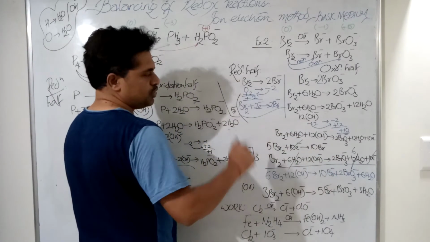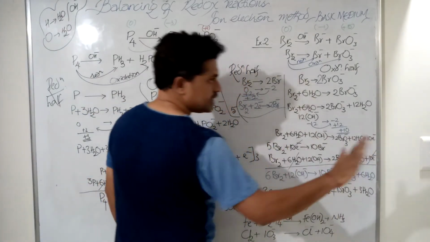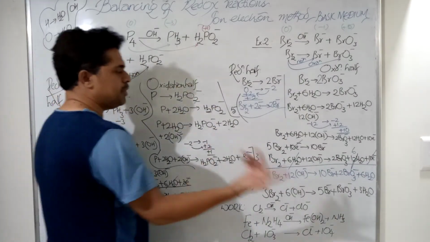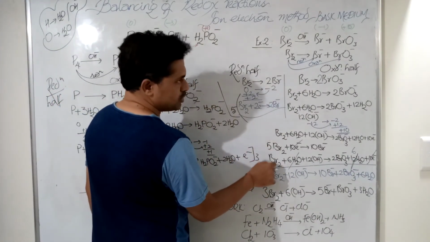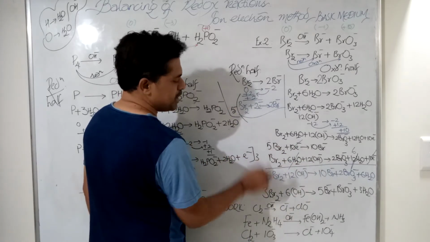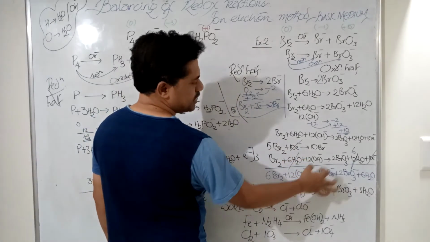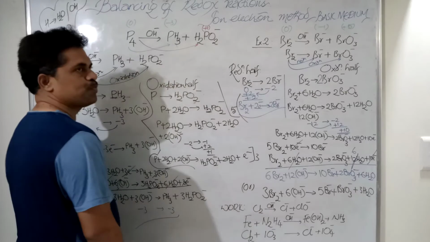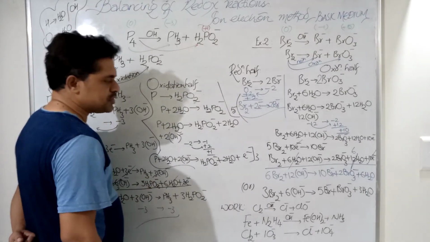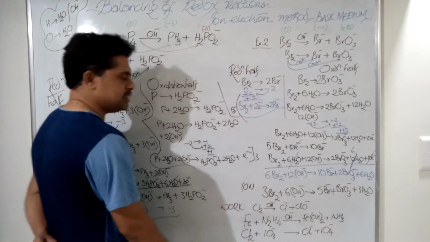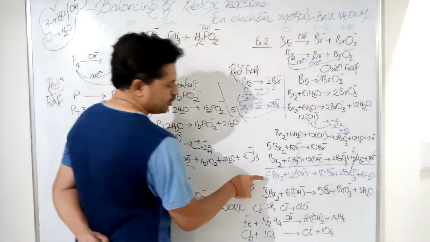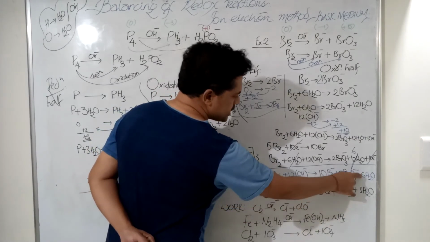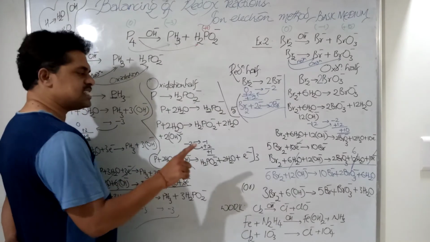Now you are going to cancel the things. 10 electrons cancelled, gone. 6H2O, 12H2O, we are cancelling 6 water molecules. The remaining we are writing as it is, you see. 5 Br2 and Br2. Reactant side, we need to add total 6 Br2. 12 OH minus gives rise to 10 Br minus, 2 BrO3 minus, 6 water. Right? Now the problem, you see, all these coefficients you can divide by 2. Okay, divide with 2. So what you are getting is 3 Br2, 6 OH minus, 5 Br minus, BrO3 minus, and 3H2O. This is the only problem.